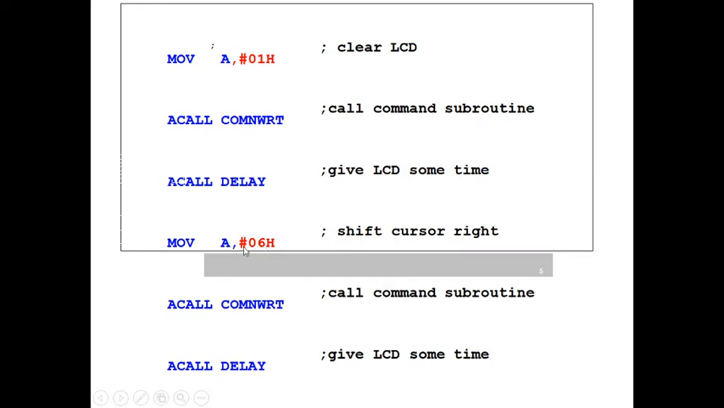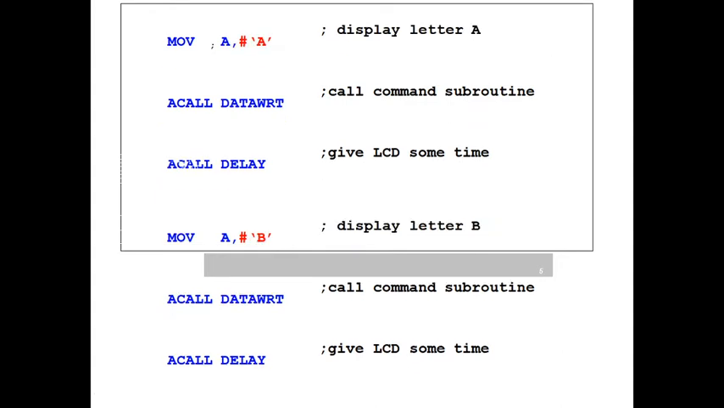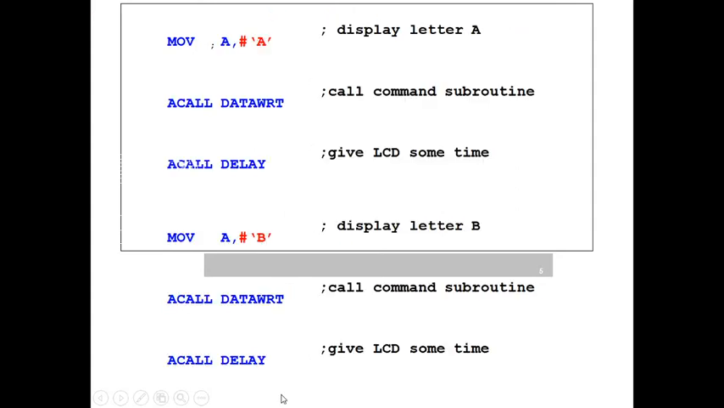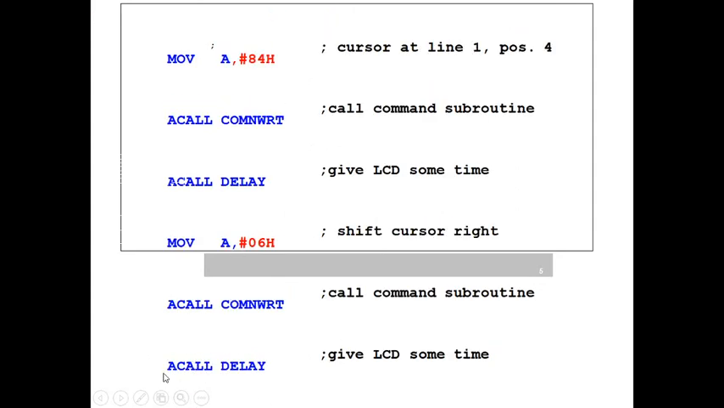When you are giving 06 into the accumulator, then again you are calling the command write subroutine, means the cursor will move to which location, command write. Again in A, 06 is there, that is coming into P1, that is D0 to D7. Then RS is equal to 0, RW is equal to 0, and the enable pin is high to low. In this fashion you are giving the command, and then returning to the main program. Then you are calling the delay, means this command is outputted, then you are calling the delay. Then next one is